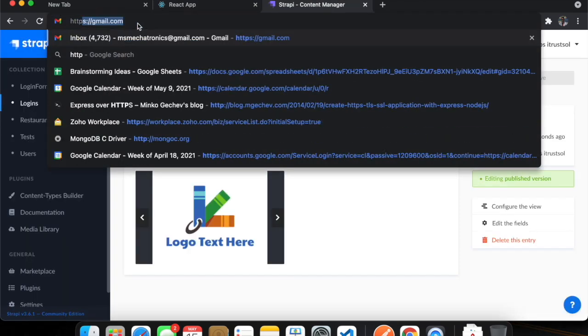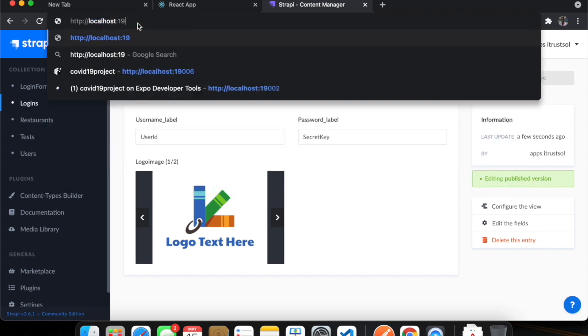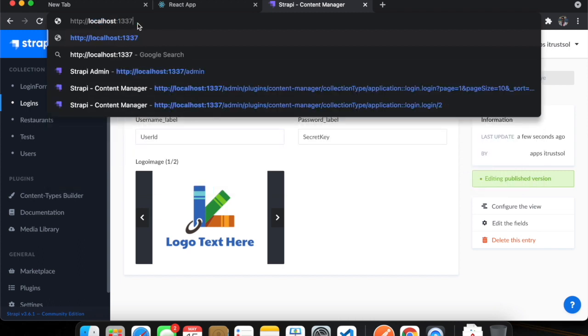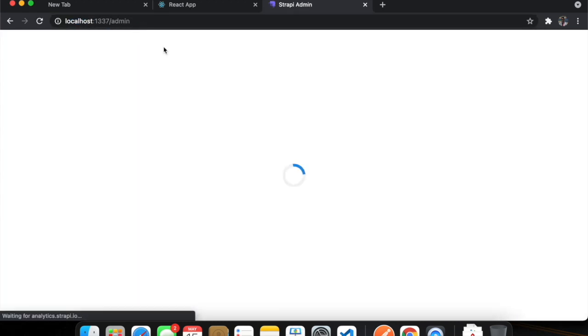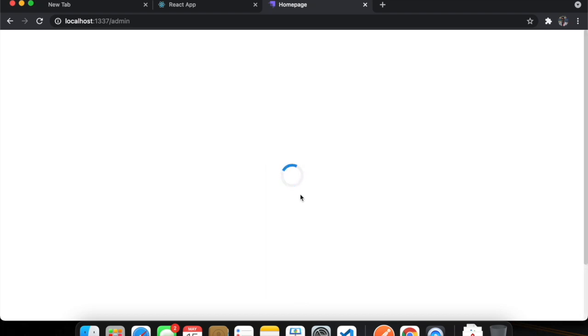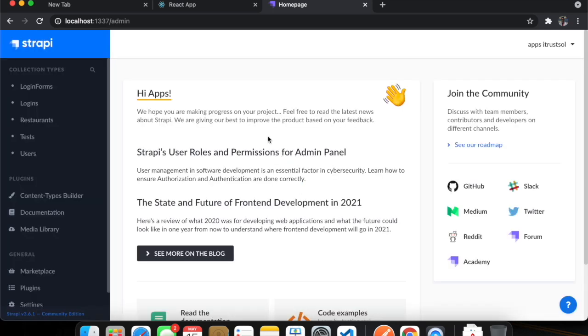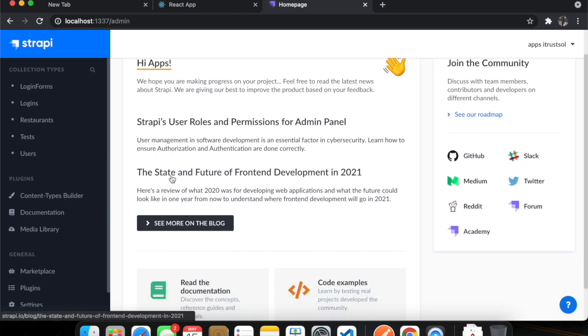Let me open http://localhost:1337/admin, and this will prompt for a login. Since I've already logged in, it took me to the home page.